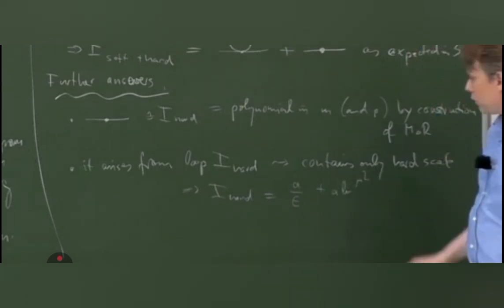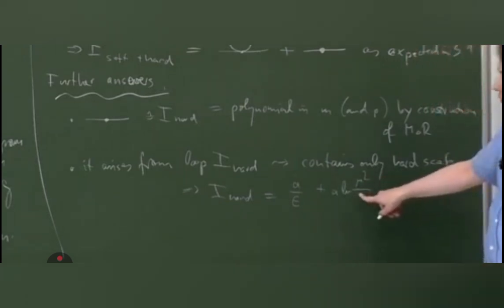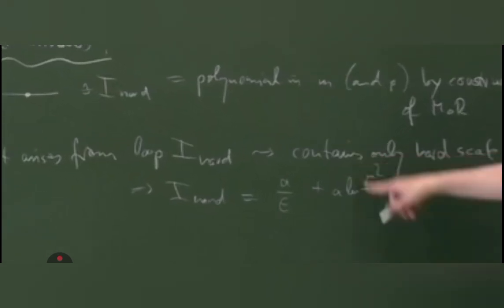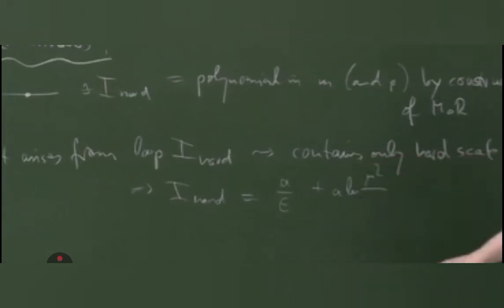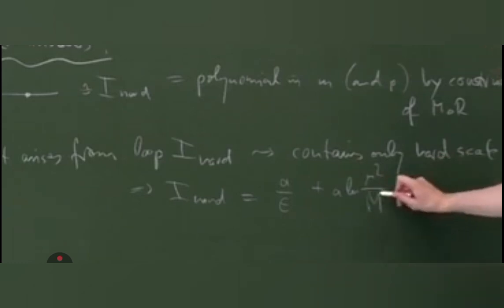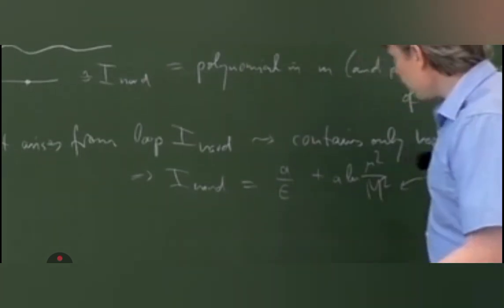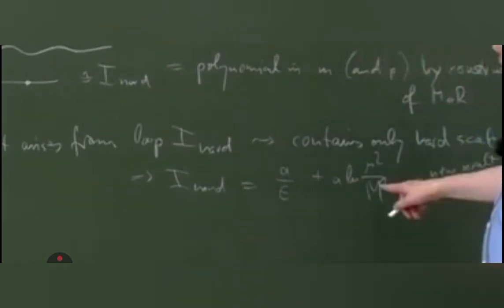And now we know what is the second dimensionful variable in the logarithm to make the argument dimensionless. It can only be the hard scale because the loop only depends on the hard scale. So that is now the new result, which we didn't know in the section 3.1. So this answers a second question, namely we now